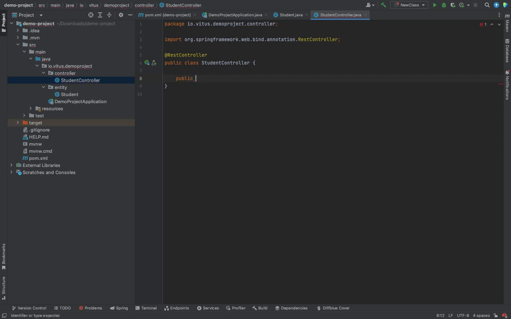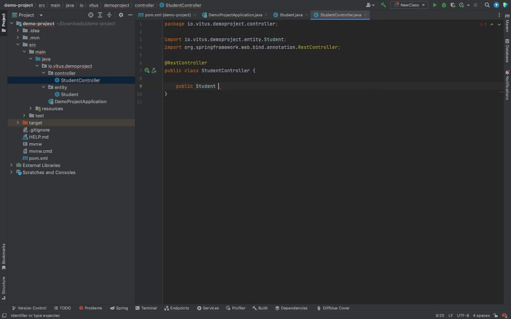Say public. What are we returning? We are returning something of type Student, and let's say getStudents. Let's say I want to get students that have a score higher than, let's say, 60. Get students with score